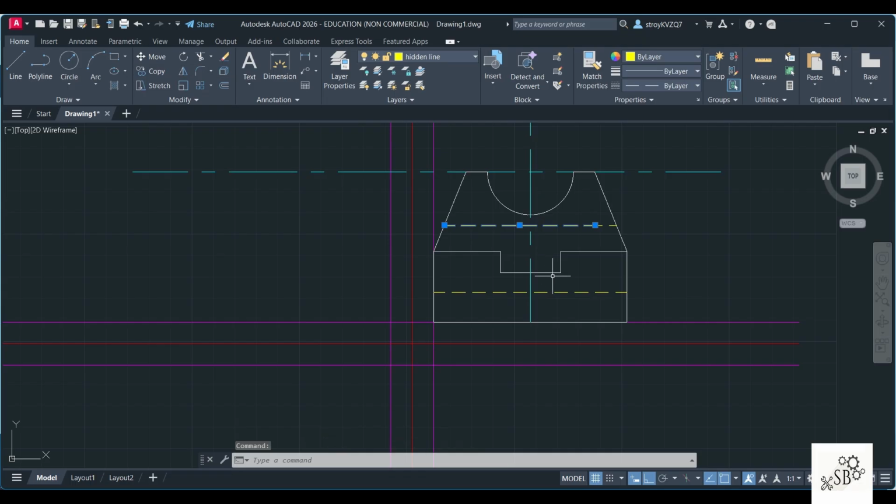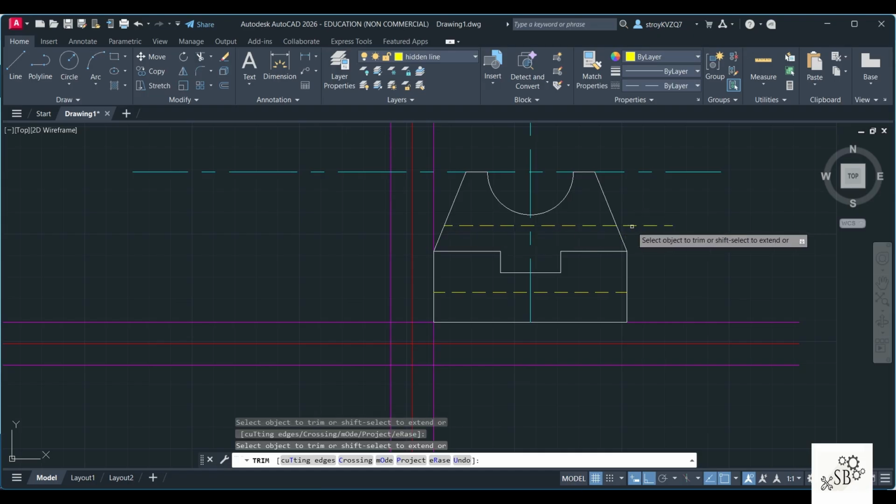If you don't want to draw this way, there is another option to it. This height we know is 33, and from here this height is 37. So you can subtract 70 minus 25, you will get 45. So from bottom, from here, you can draw a straight line of 45 and draw a straight line here. Escape. This one you can delete. You can use trim option, and you can remove the extra part that you don't need.